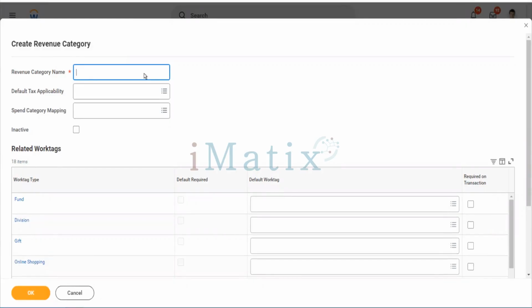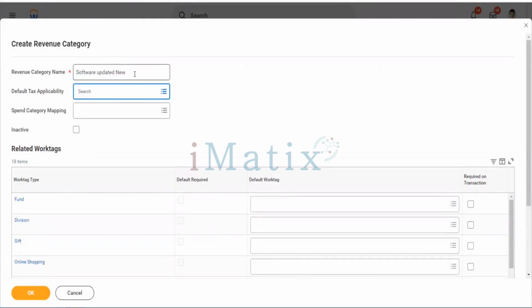Revenue category. I just said we created one, but let's skip that one and we'll say the category which is by selling software. We'll create Software updated. Something like this.